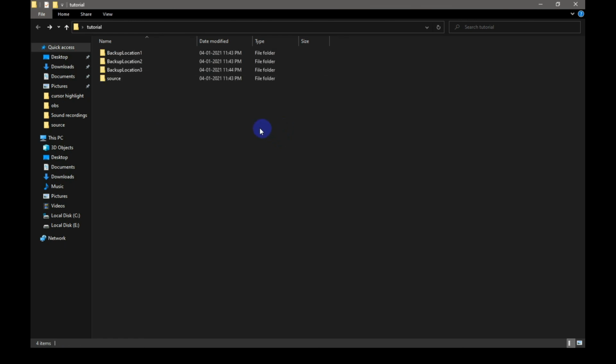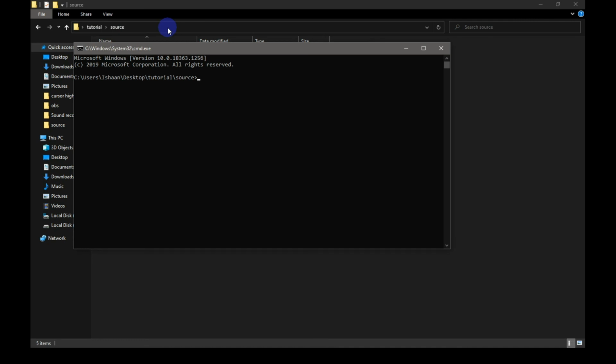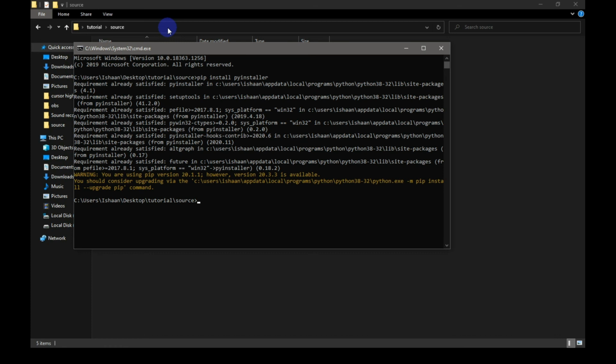Now let's create the executable file of the program. You need to open CMD in this location. After opening the command prompt, type pip install PyInstaller. For me, it's showing requirement already satisfied, but for you, PyInstaller will get installed.